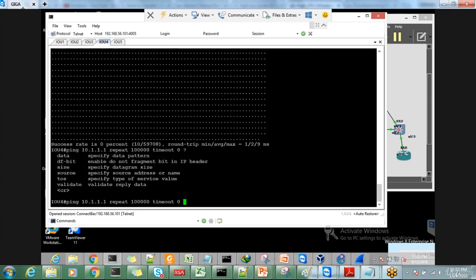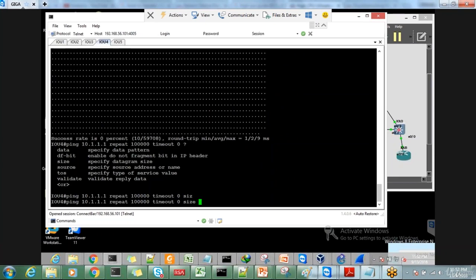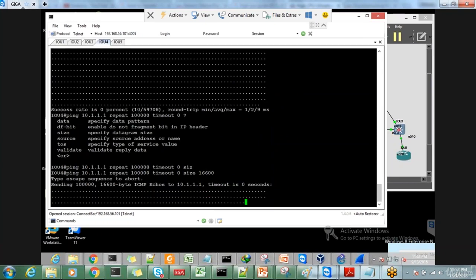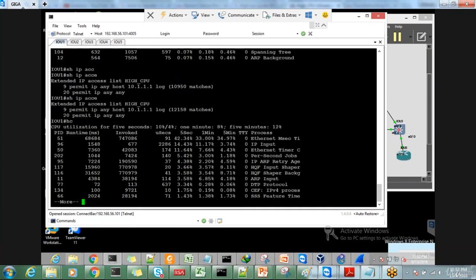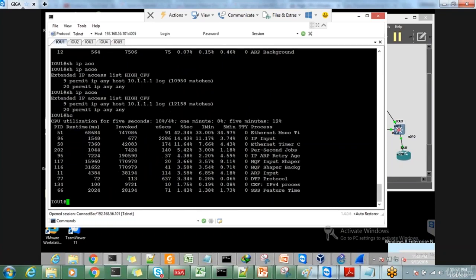I can do another modification as well. Yeah, it's okay, I can increase the size as well. So this is a way that you can simulate the high CPU case in your lab. Because we are using all virtual machines, maybe it will not come up like that, but these are the